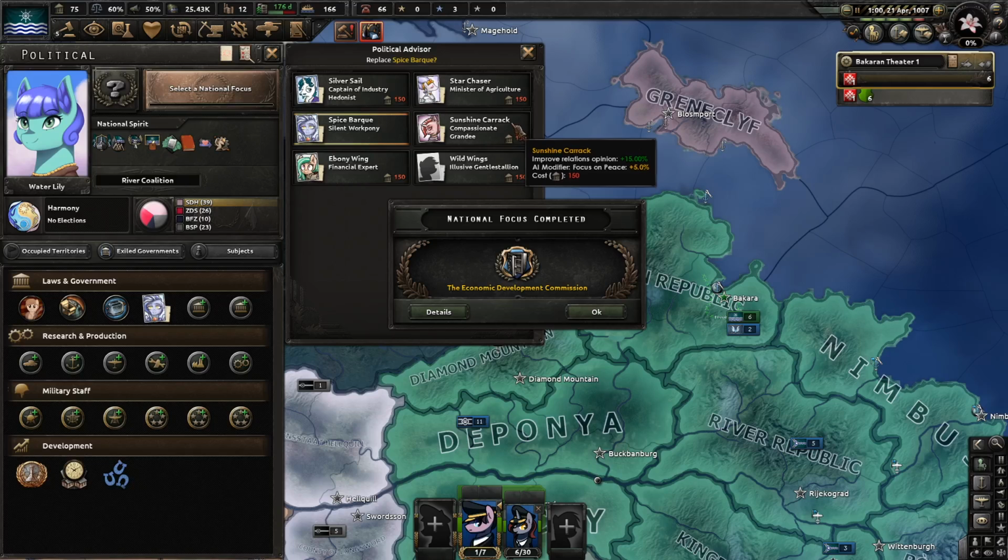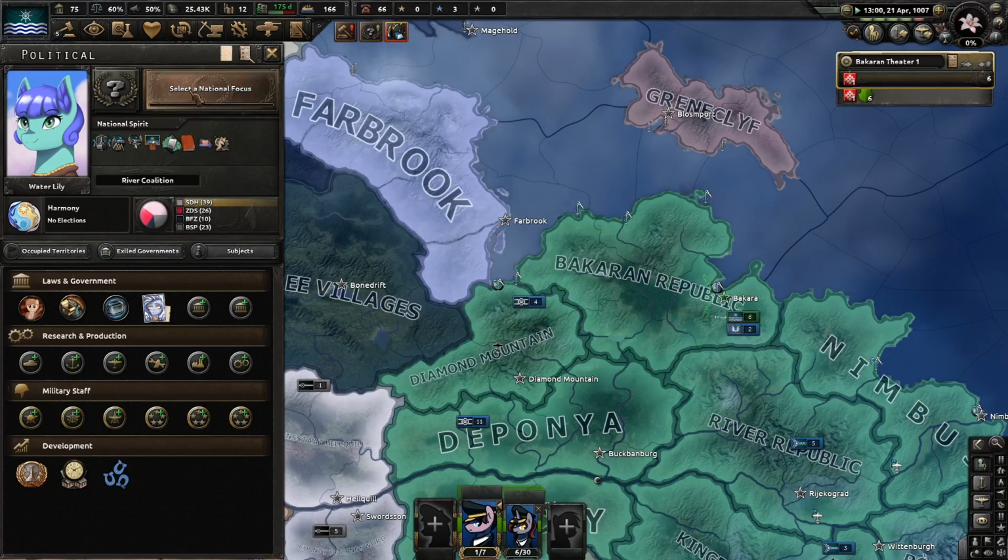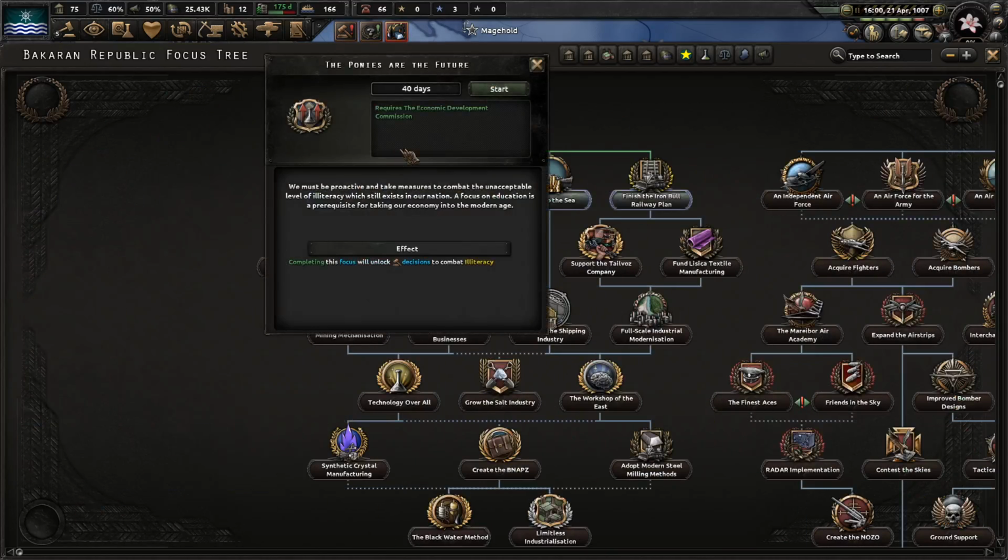These are interesting art. Star Tracer, Minister of Agriculture. Yeah, he looks like a chef. Okay, so the commission's done. The reason I wanted to finish up the commission is I wanted to come down here to Ponies of the